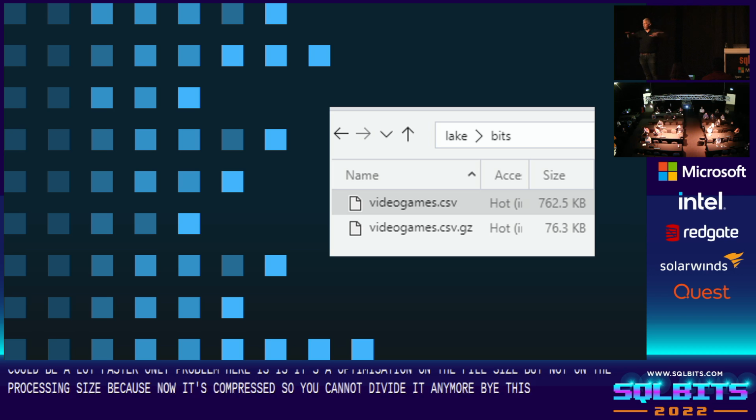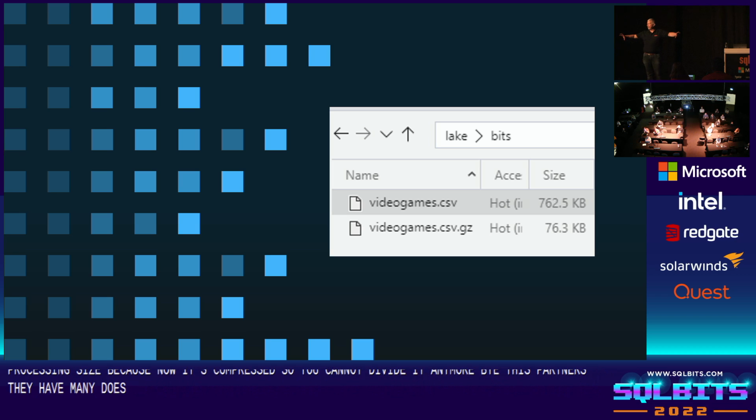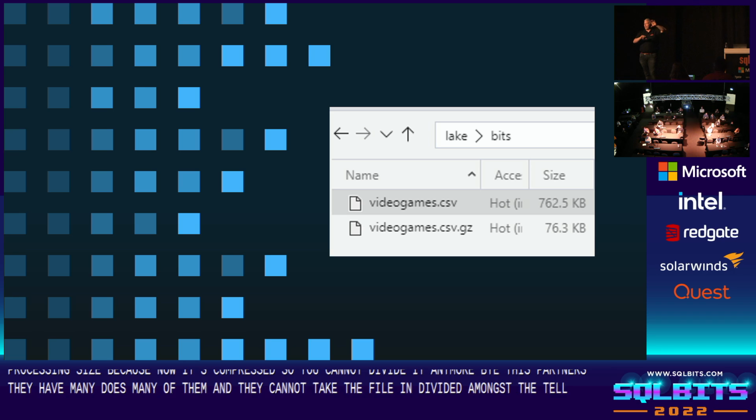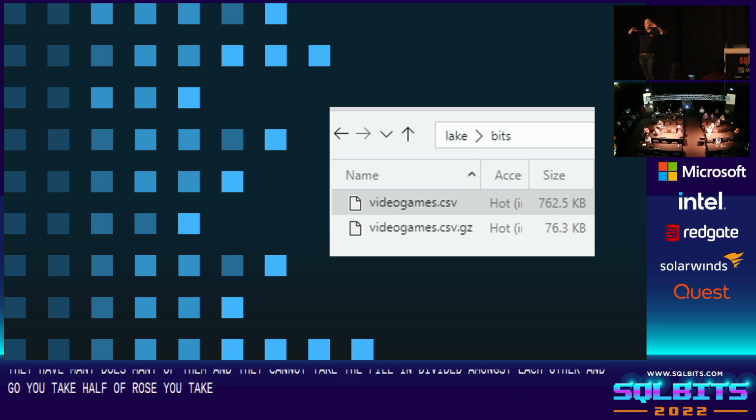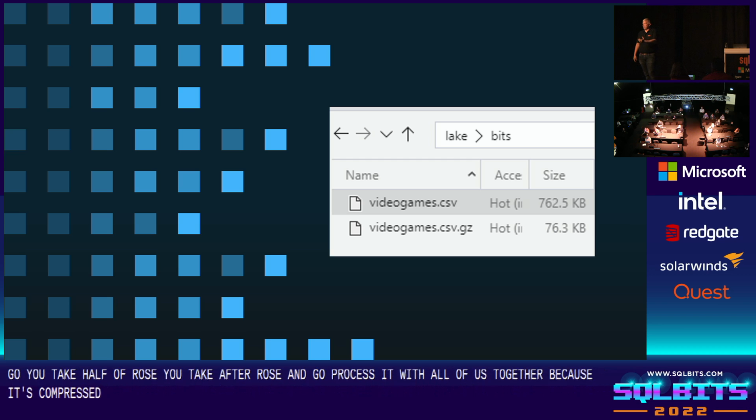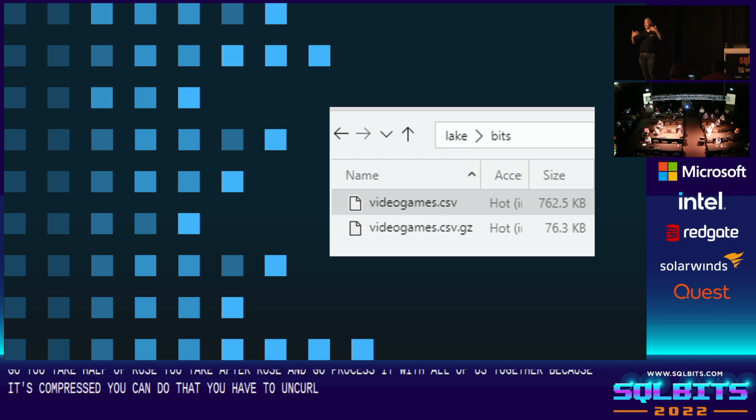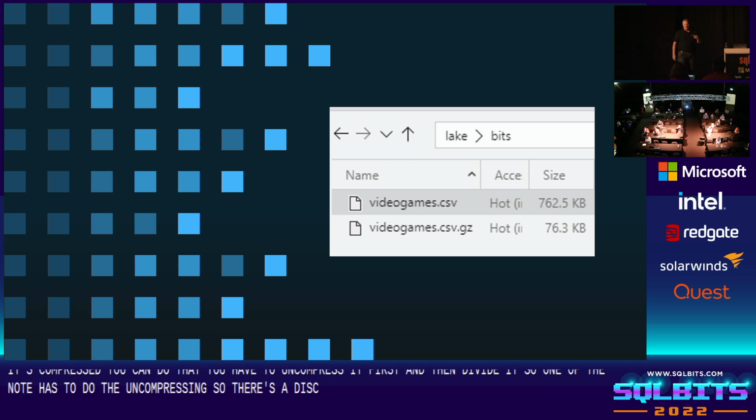These Spark nodes, there's many of them, and they cannot take the file and divide it amongst each other and go, you take half the rows, you take half the rows, and go process it with all of us together. Because it's compressed, you can't do that. You have to uncompress it first and then divide it. So one of the nodes has to do the uncompressing. So that's a disadvantage of doing it that way.